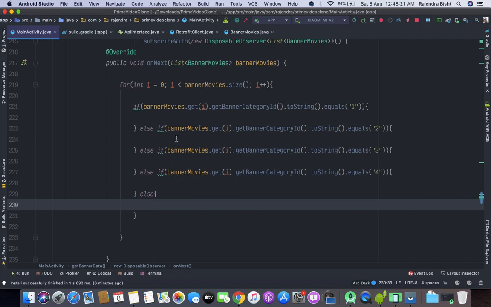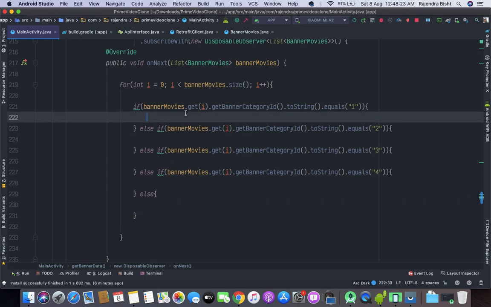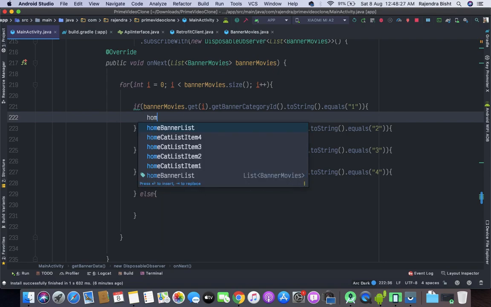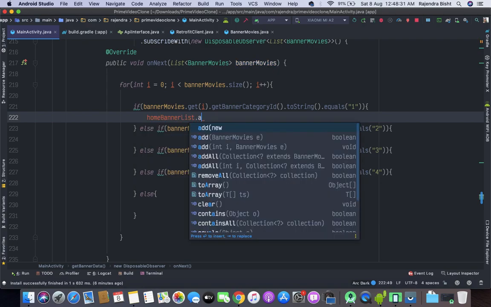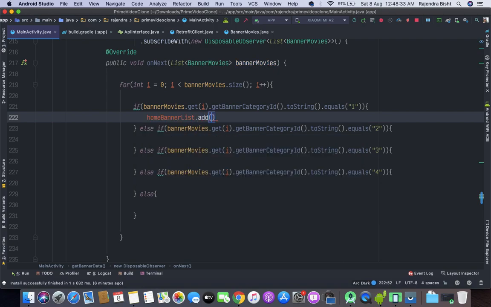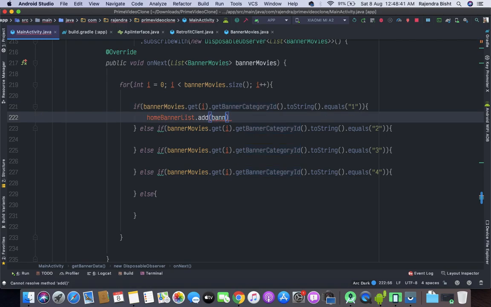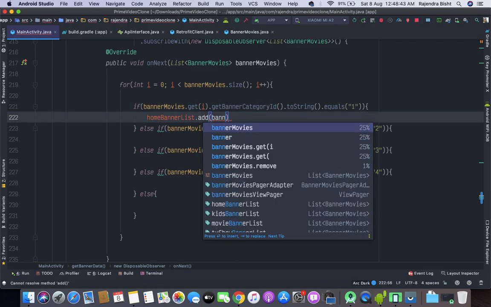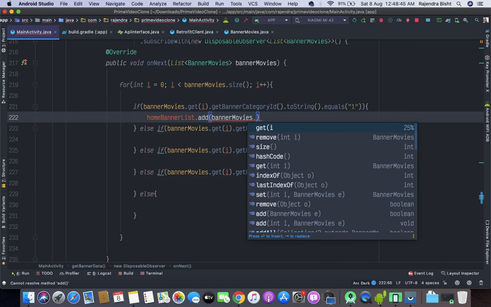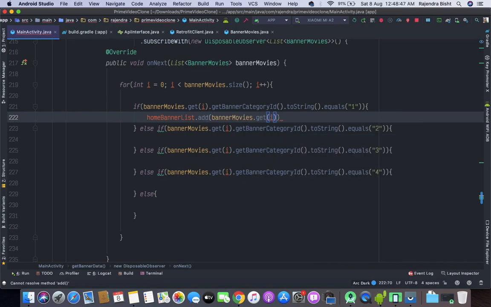So inside this I will bind the data. Let's say home movie banner list dot add, so here banner movie list dot get of i.